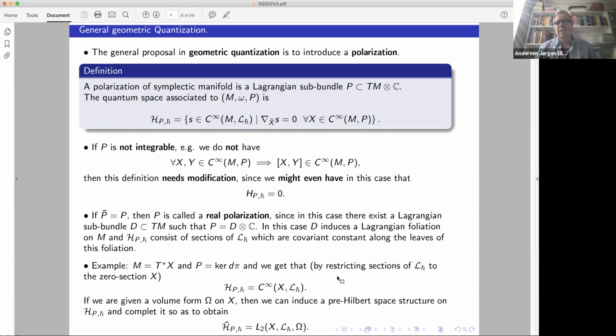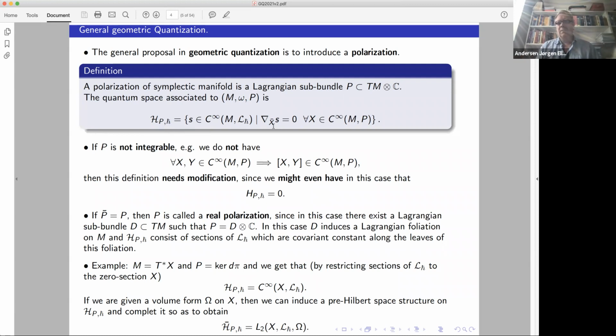And so the general idea is to say, well, we need something like when we do canonical quantization, then we only consider functions of half the variables, say the momenta or the position coordinates. And so the general scheme for this is to choose a polarization. So a polarization is a Lagrangian subbundle of the complexified tangent bundle. And then we attempt to define the Hilbert space simply to be the smooth sections whose derivatives along the polarization